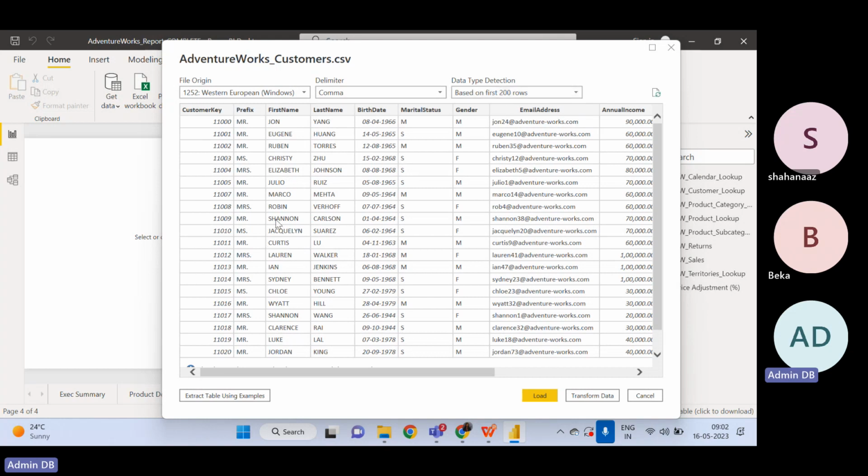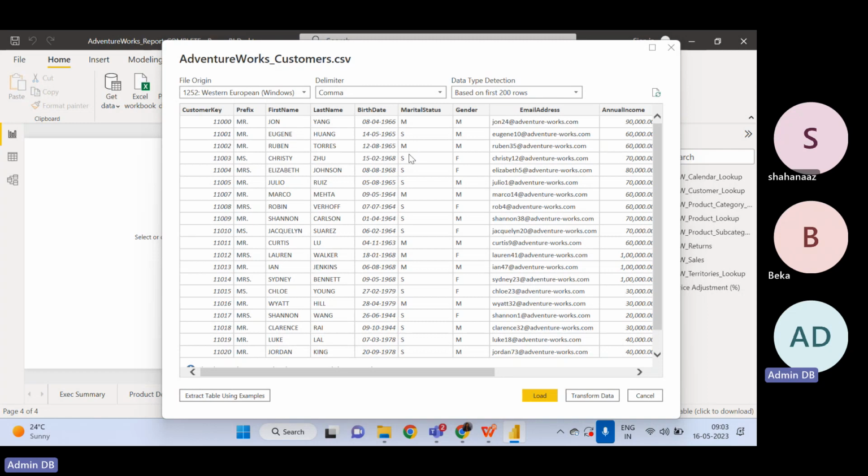So based on the first 200 rows, Power BI itself decides what should be the data type for each of these columns, right? Then for birth date, since these are dates, it will take the data type as a date,